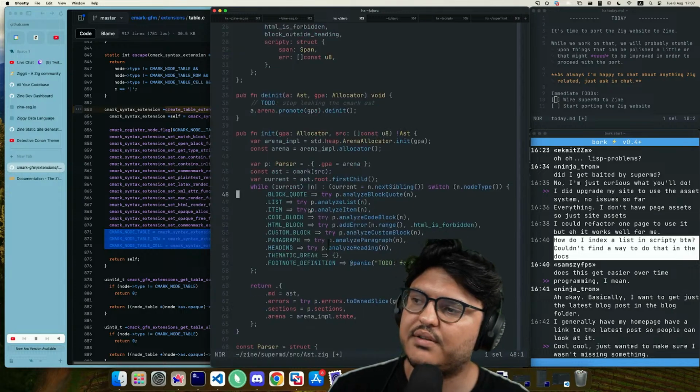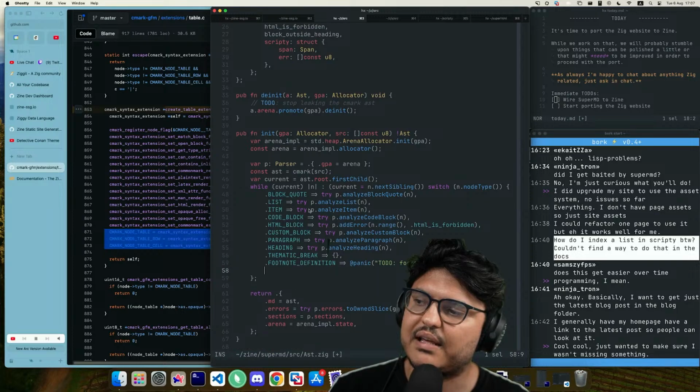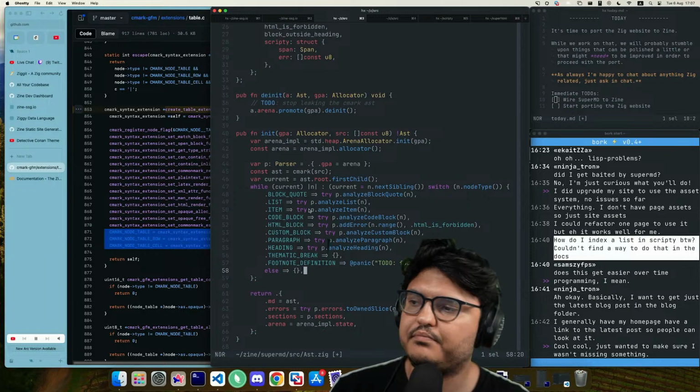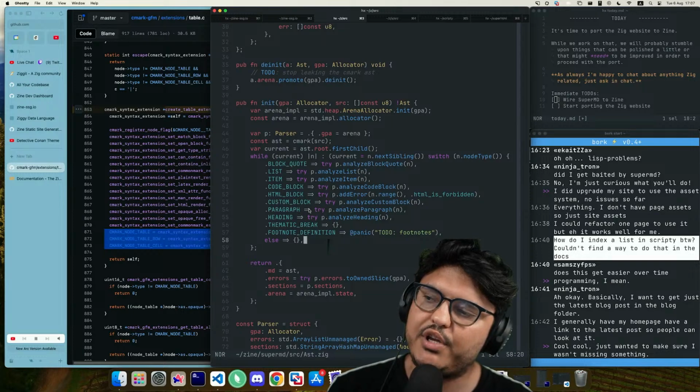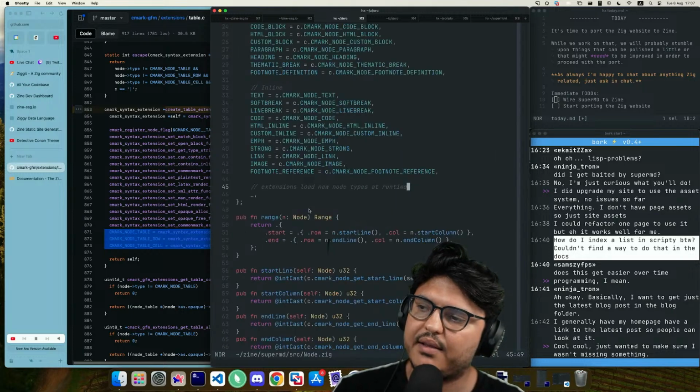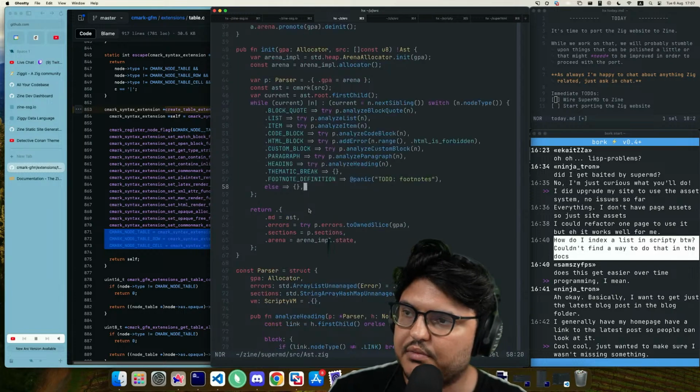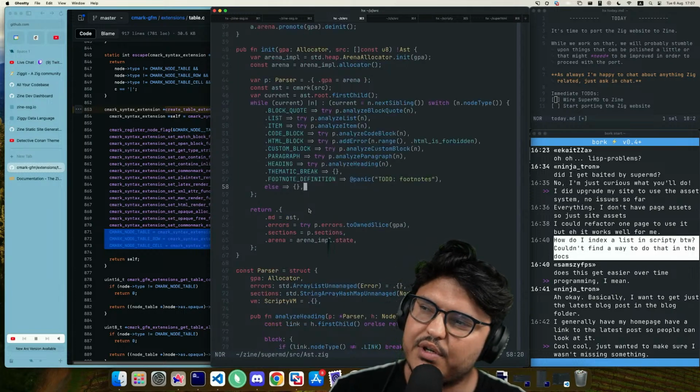So that means that it's not like else is unreachable, but it's like else, we don't care. To be fair, we could make certain other paths unreachable. Like we could say that these should be unreachable, but whatever. For now, we do this. So this means that we are not going to analyze a table. And that's fine, I guess.